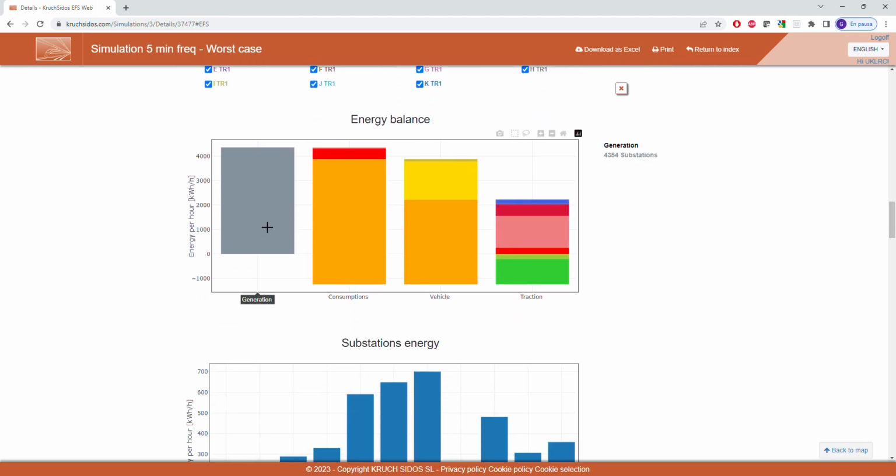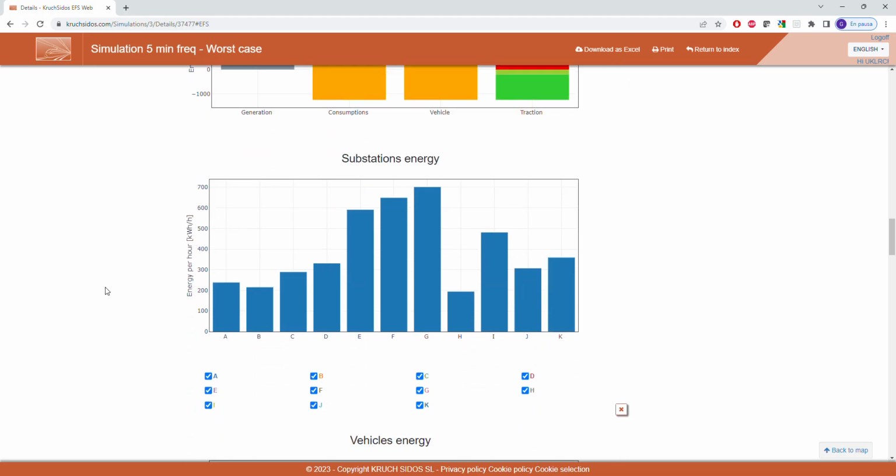The energy balance, we show the energy that all the substations are delivering and where this energy is used. How much energy is lost on the catenary and the return rail, and how much energy is used for the vehicle. If we go in further detail, we can even see how much energy is fed back into the grid, so it's reused when the vehicles brake, and how much energy is lost, is burned on the braking resistors. On the substation side, we also can see how much energy each substation is delivering,